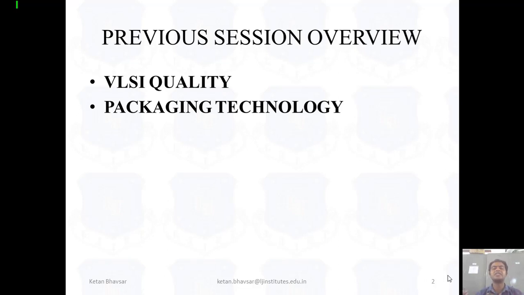So these are the different packaging technologies that you have to choose as per your requirement and your application. Fine, suppose you have a size constraint, then definitely you have to go with the quad because DIPs take a large amount of space. But when we're talking about familiarity and cost, then we have to go with the DIP because DIP has a lower cost as compared to quad technology. So we have to choose as per the requirement.